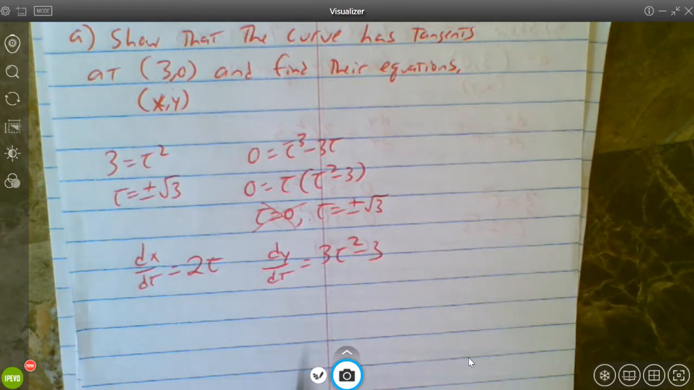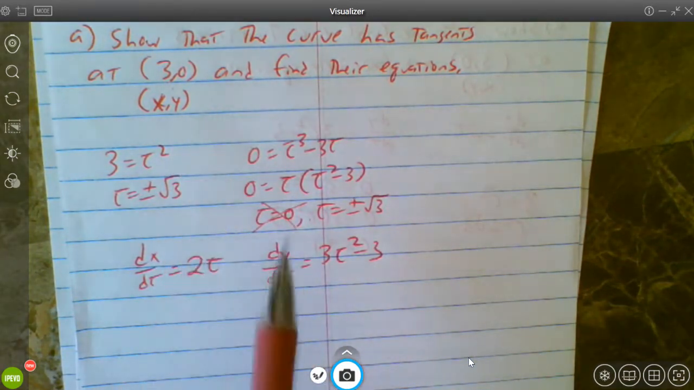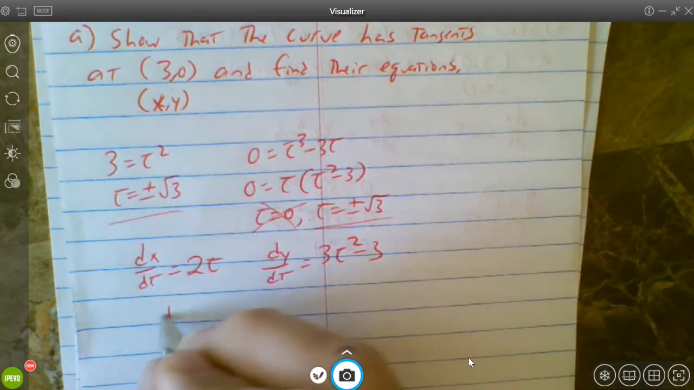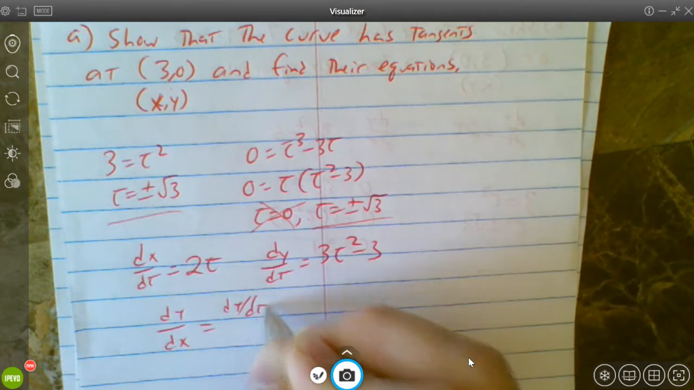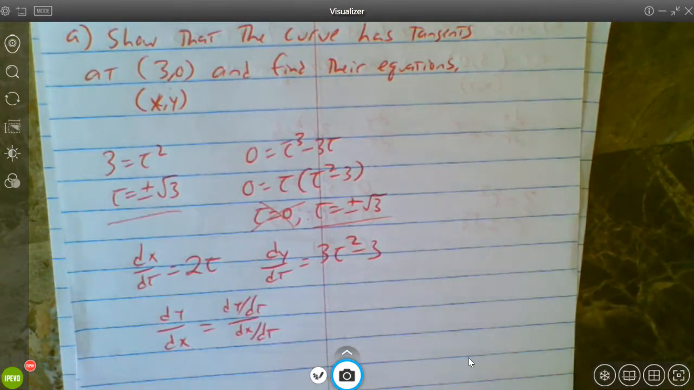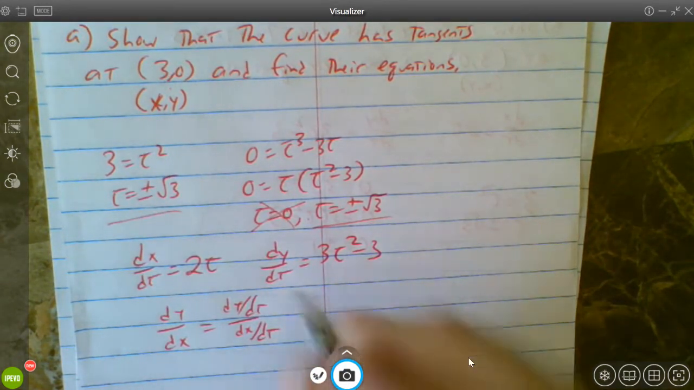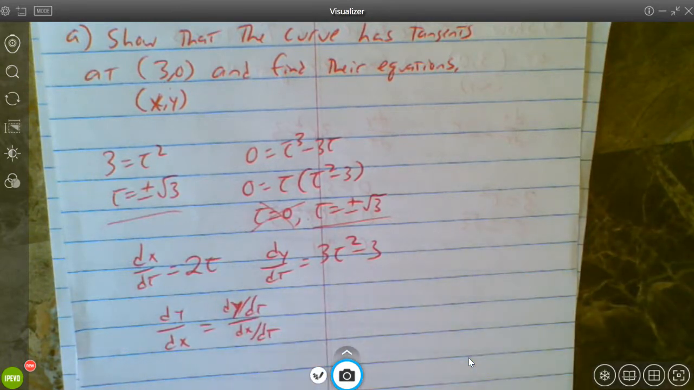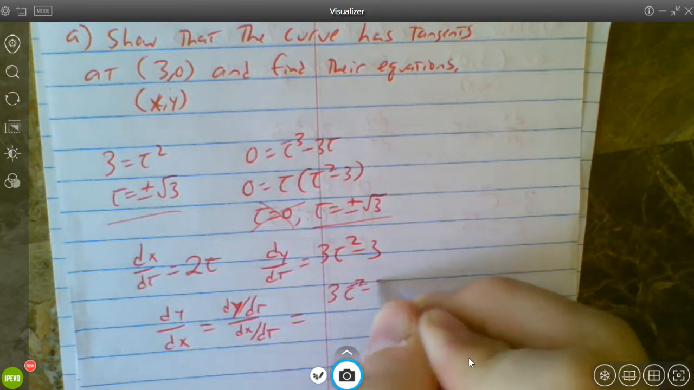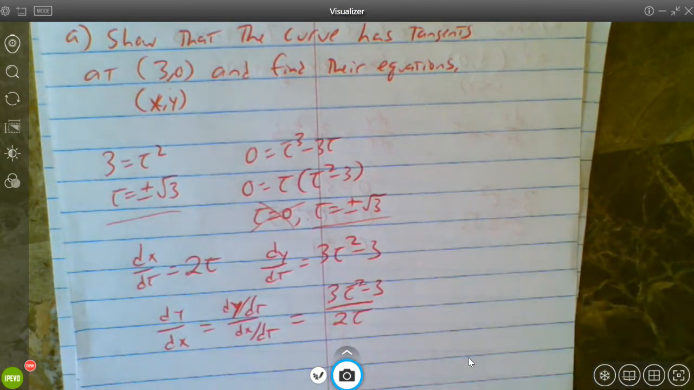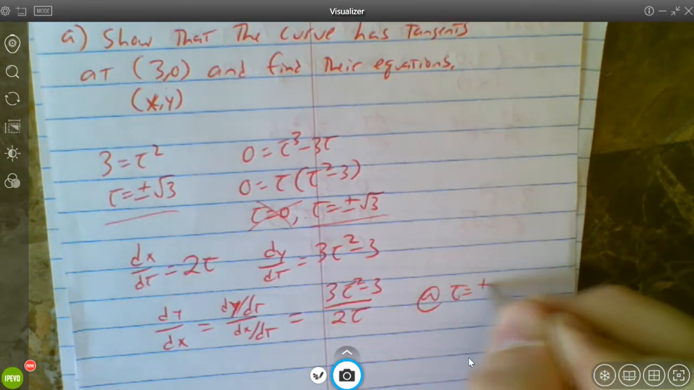And if the t value is going to be plus or minus the square root of 3, we can actually figure out what our slope is going to be. Well, slope is the same as it always has been, dy/dx, but dy is in terms of t, and dx is in terms of t. So our slope is literally going to be dy/dt divided by dx/dt. So this is going to be 3t squared minus 3 over 2t at t equals plus or minus the square